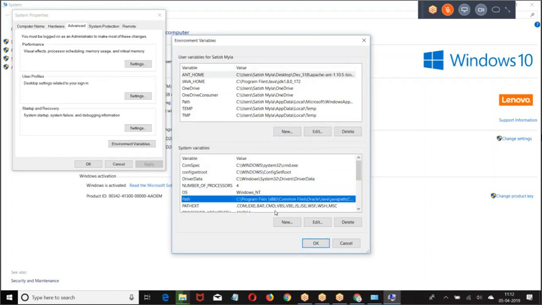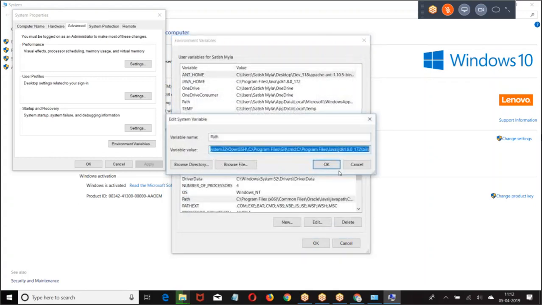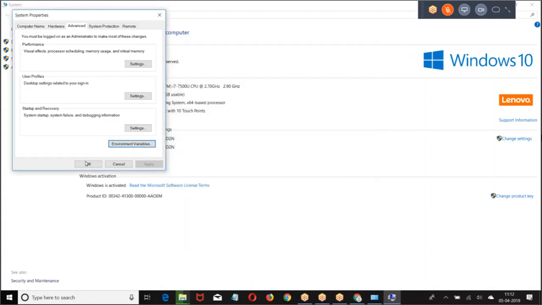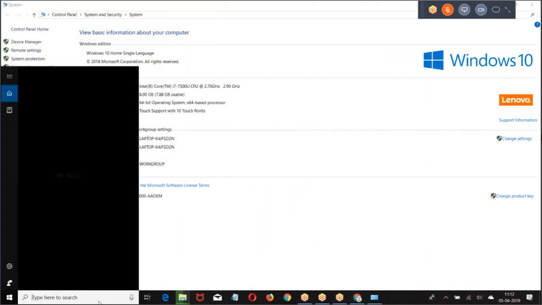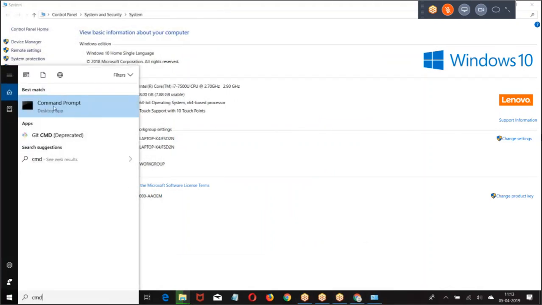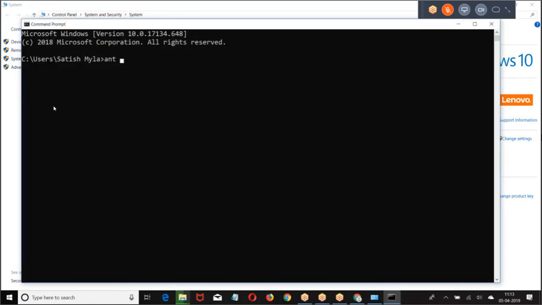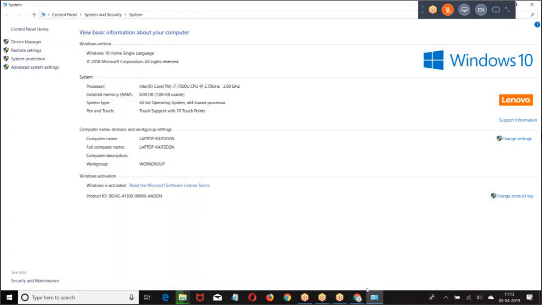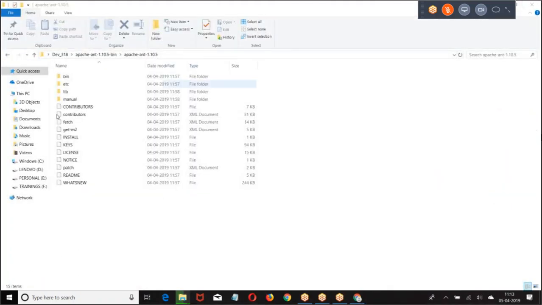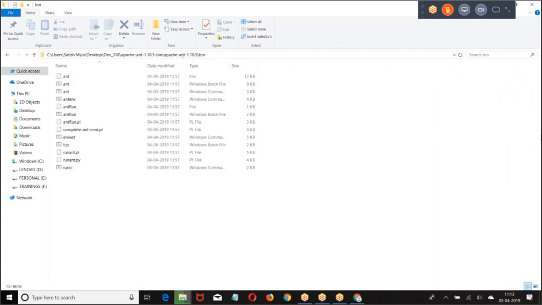Similarly go to the path, edit text, set the environmental variables. ANT is not recognized. Environmental variables are not set properly. In path, I think we need semicolon.